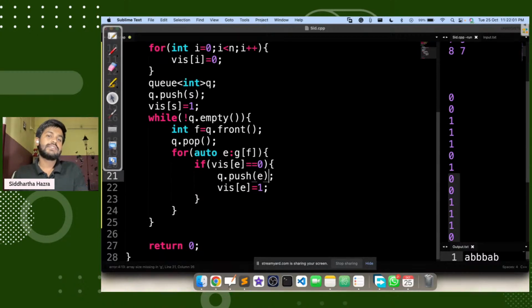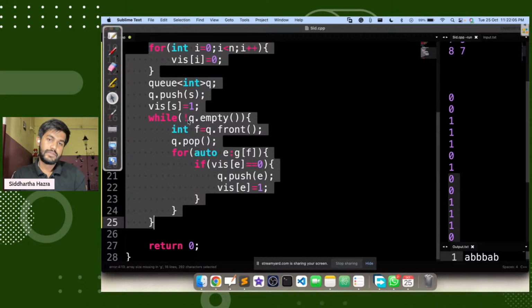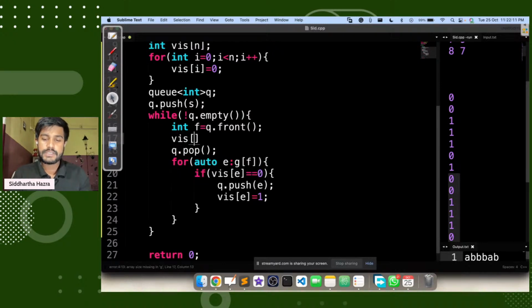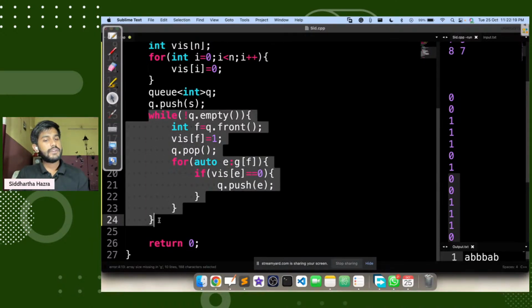After this, the BFS would be done. Or else you can just set visited of f to true after taking out the front element, so that you don't need to do this. Now the BFS is done.